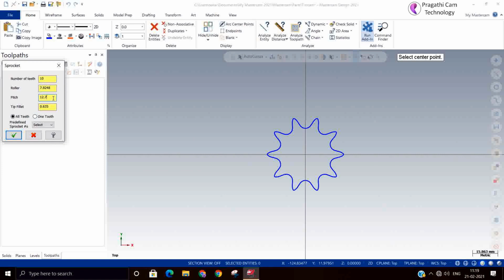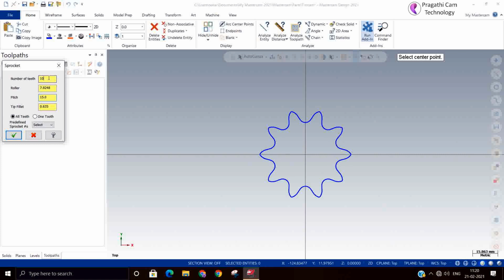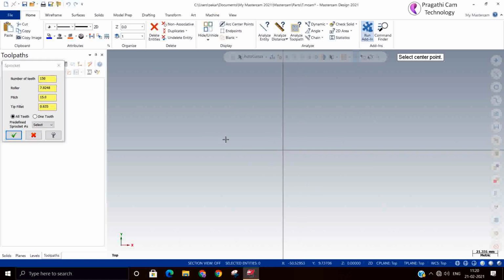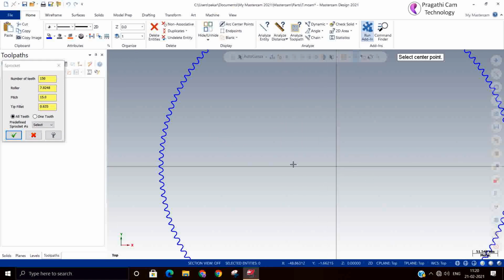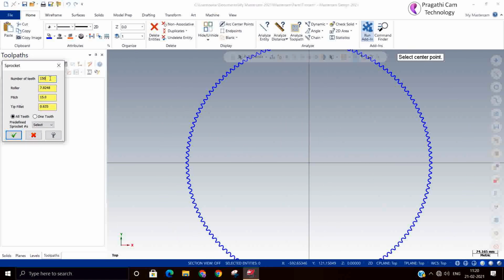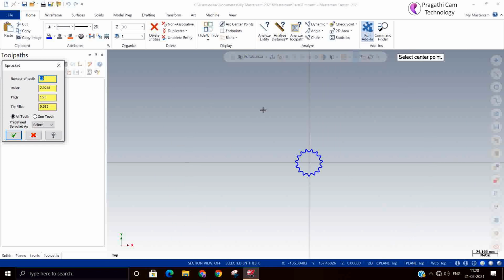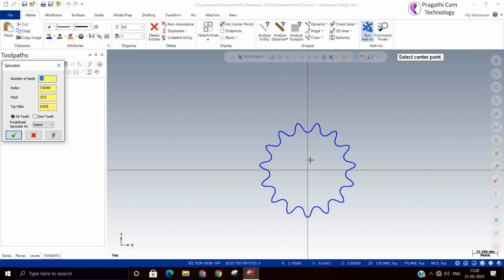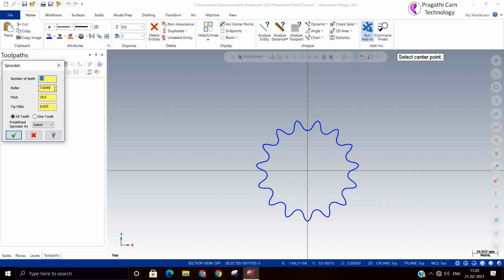If you want to change, you can change. I modified the pitch diameter and number of teeth. Oh, sorry, I think I gave the wrong number of teeth. Instead of 15 teeth, I made it 150. Okay, so now the sprocket is made.